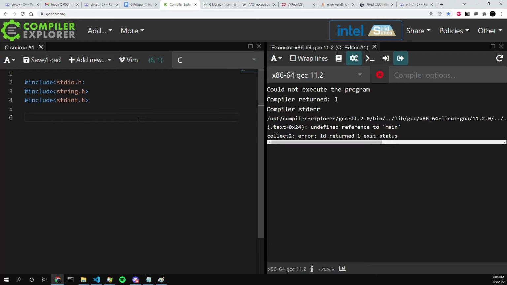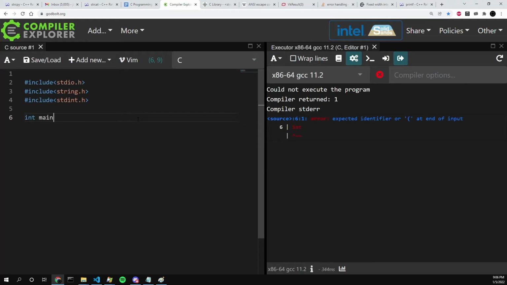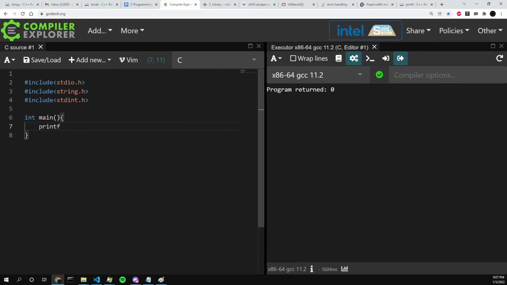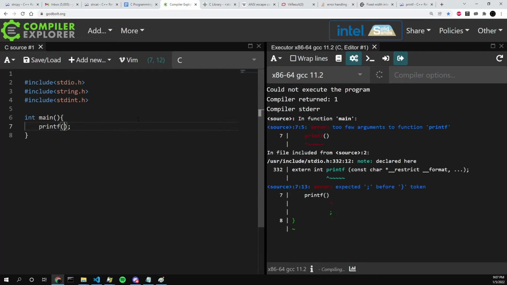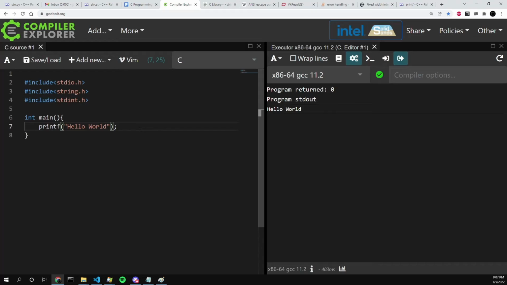So are we aware of how the function printf works? I'm going to have main. I don't know why I keep deleting main. But effectively, the function printf is a very fun function because we can do stuff like hello world, where we just print out hello world. But we can also do strange stuff where now we can see that this function can take multiple parameters. So I can take in hello world, I can have it take 10,